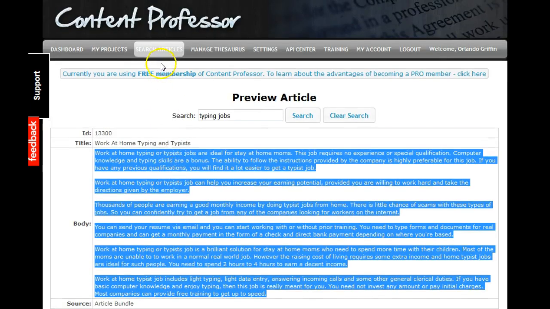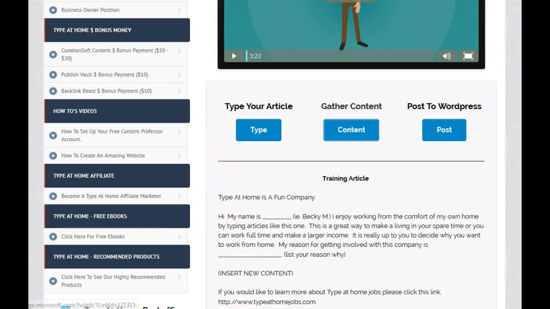The other benefit of this particular page is it has an article spinning feature, so that if you needed to change up some things or you didn't like the content that was there, they give you a training section on how to spin your article around so it has different words within the article. That's beneficial if you want to use your content on other types of work outside of this particular training assignment. So I'm going to go back to the member access page,